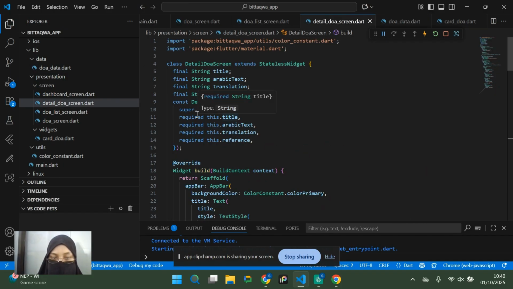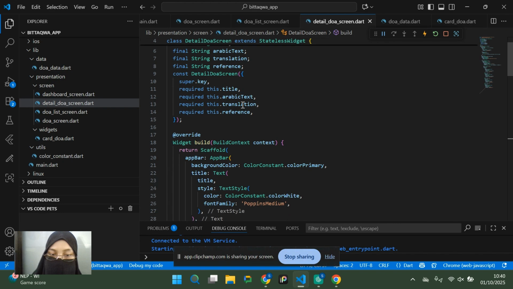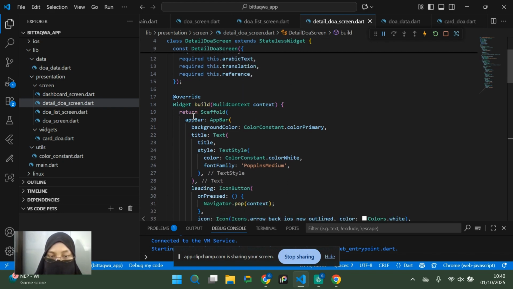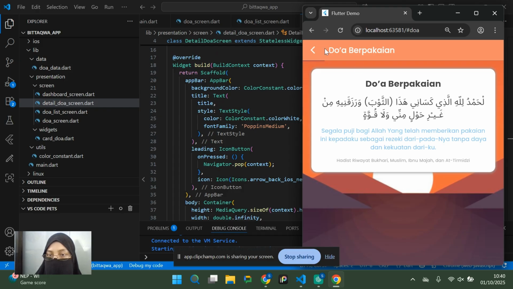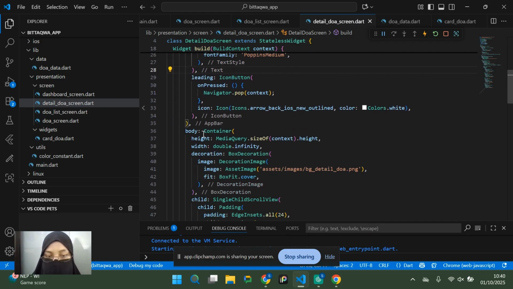we also need the super key and also the required this, because this is real data that we already made, and so on, like I said before. And then below the scaffold, the app bar again is basically the same thing as always, like this thing. So we can go back to the previous screen, and then in the body container, we need